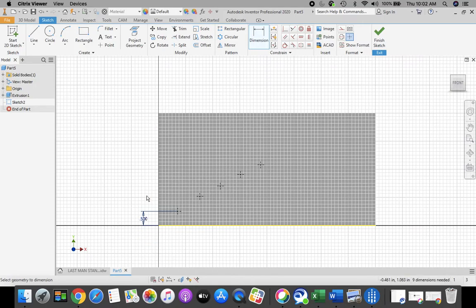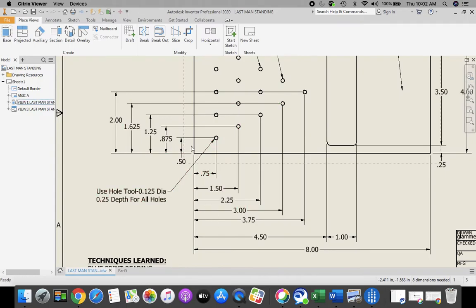With our dimension tool again, I want to select the left hand side of my block and a point again, that first point. Click to place it. And here I'm going to type in 0.75, and then green check mark or enter on the keyboard. Now I'm on to my second point. You can see my second point here is 0.875 up from the bottom and 1.5 in from the left hand